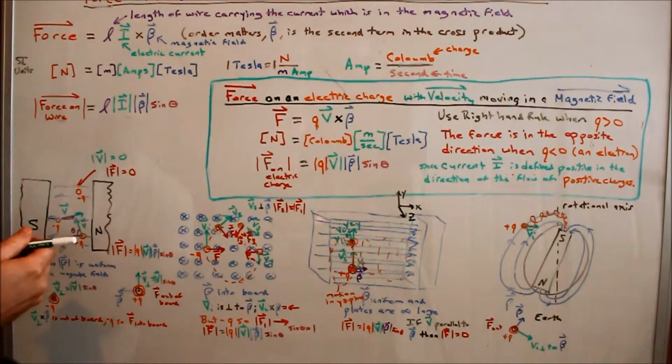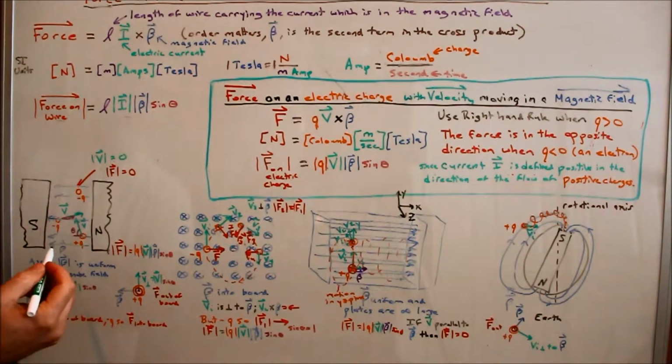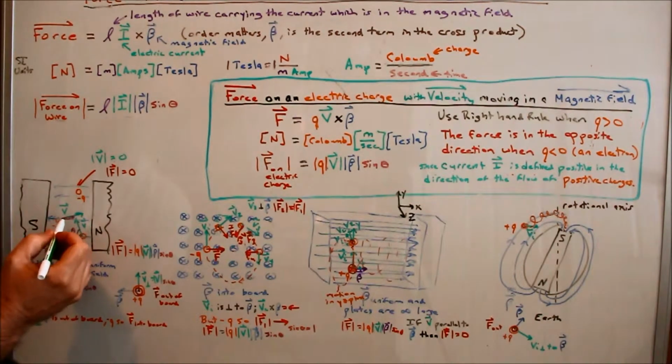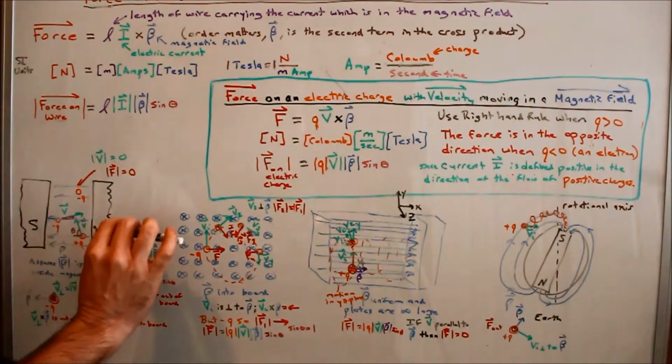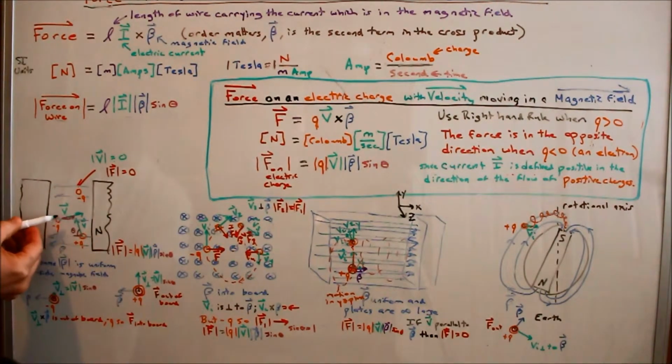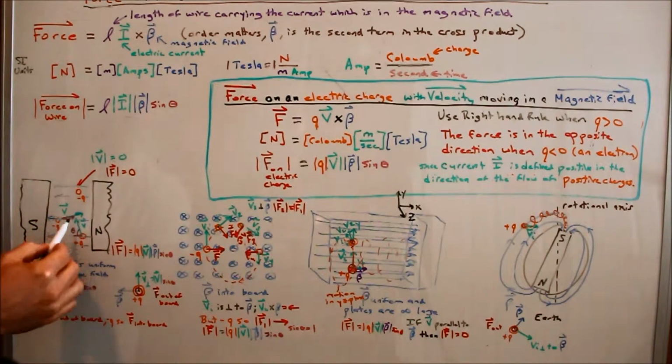And so we know that the velocity and the magnetic field are not perpendicular to each other. But only the perpendicular components contribute to force. So this velocity has a parallel component to the magnetic field going to the right,